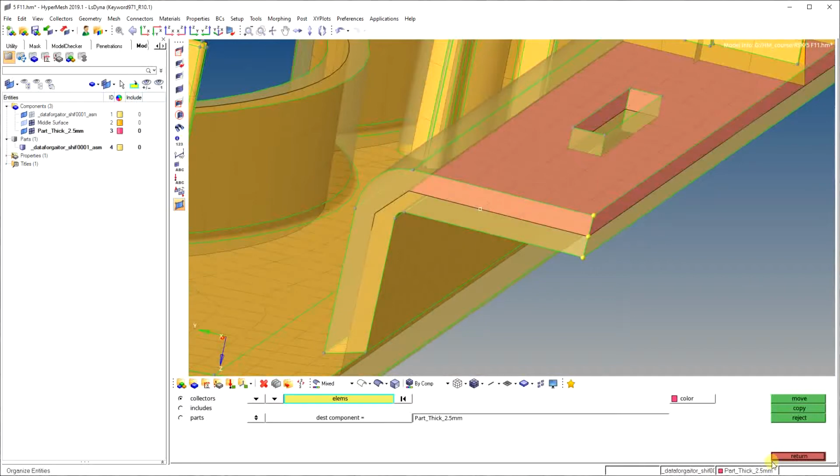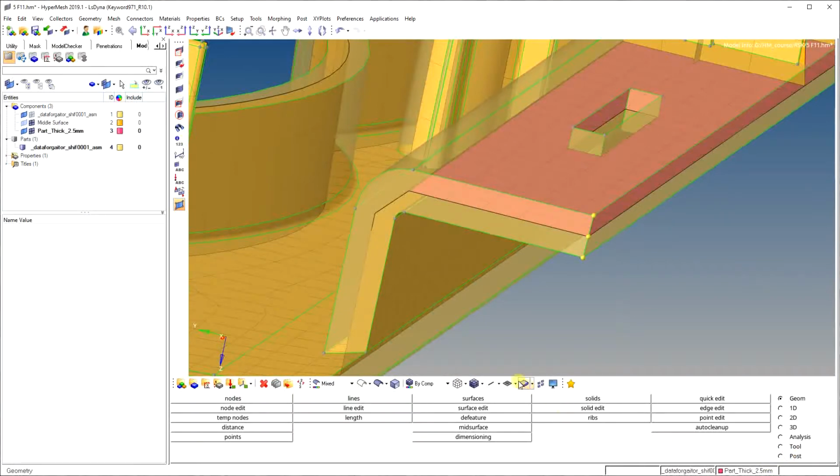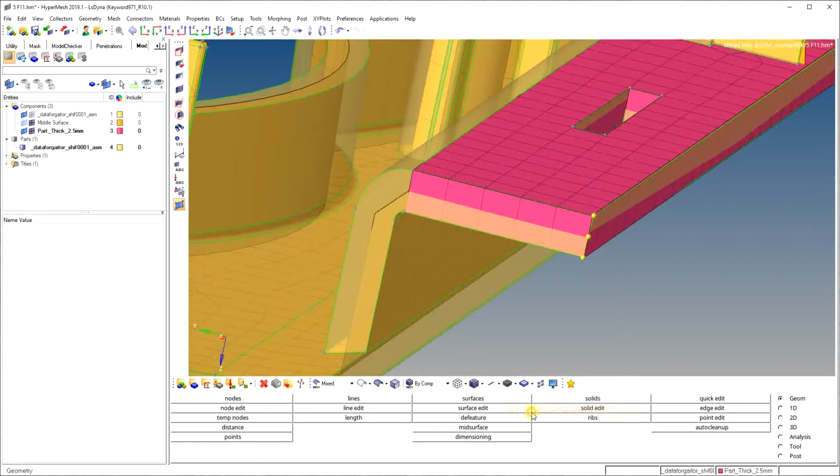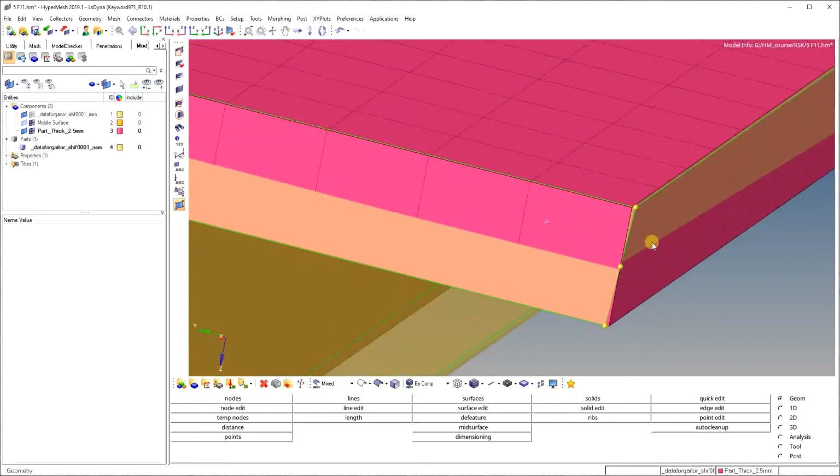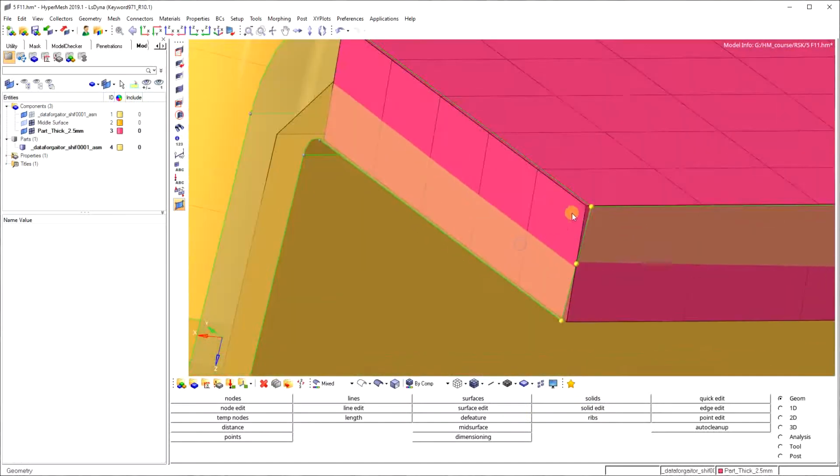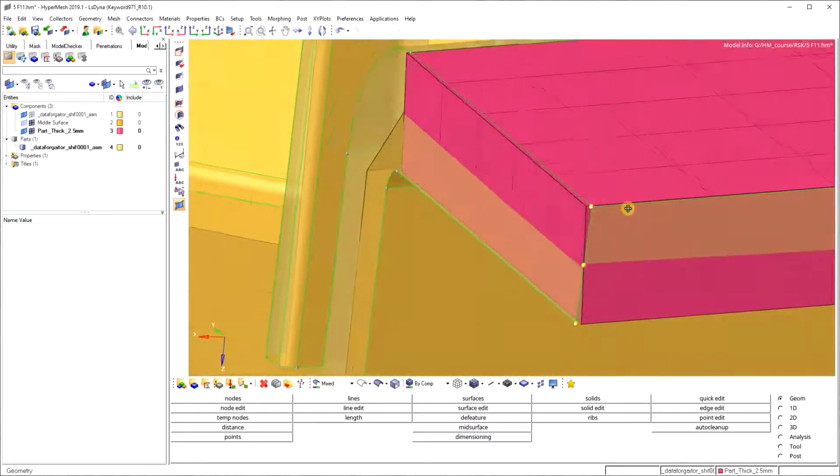For this, we have to activate the 2D detailed element representation. Here is the icon, and in this we have to activate 2D detailed. Click on this. Here you see the thickness is assigned.